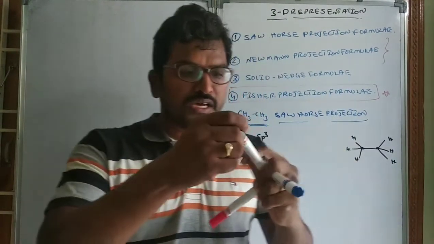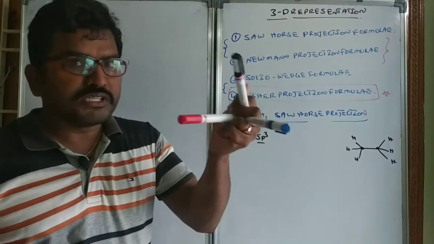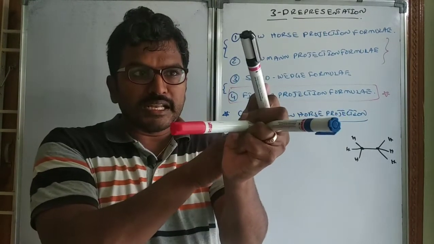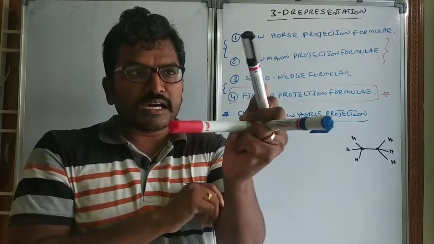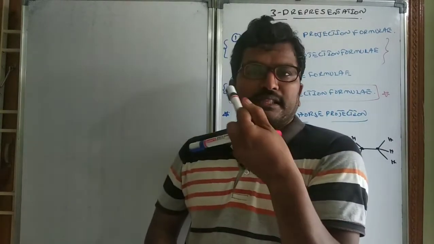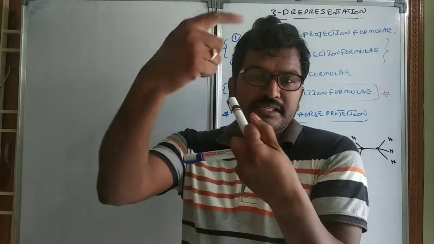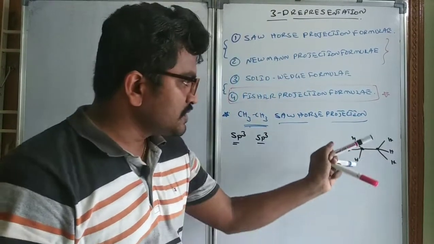So you can see how the hydrogens are present. These three are towards you. You can see 1, 2, 3. This is the inner line. In the same way, another carbon behind will also have three hydrogens like this. So in three-dimensional understanding, it is a little complicated. You can use this thing also.